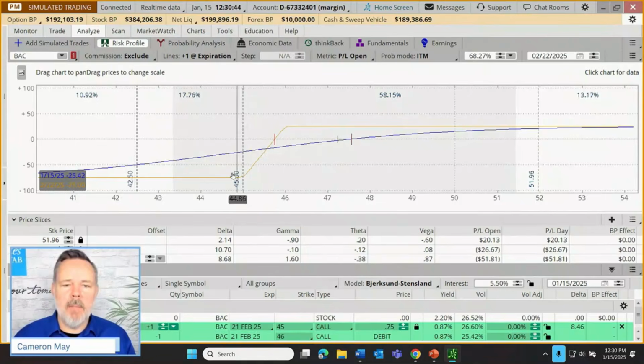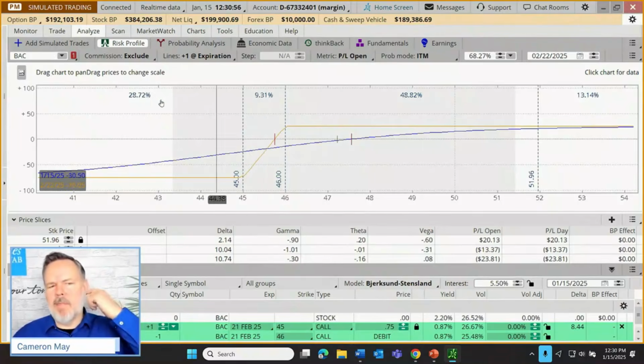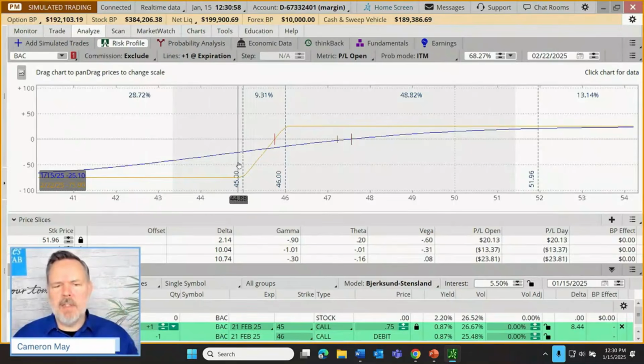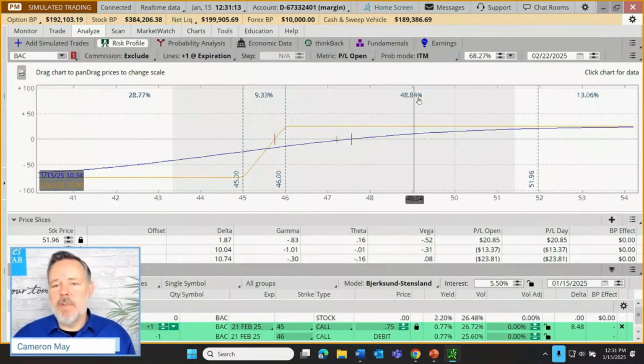So how about we use a couple of these slices? Let's drag this one over to 46. I'm going to put it right at 46. Let's grab that one and drag that one over to 45. And my math must have been off. Anyway, yeah, 29% chance of maximum loss. That was probably just my fault for doing it in my head and not just using the numbers here. About a 29% chance of maximum loss, about a 62% chance of maximum gain up here, leaving about 9% that we're somewhere in the middle.